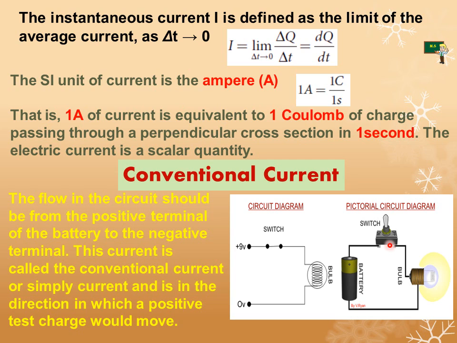This shows the switch being off and on. When it is on, the light glows, but when it is off, the light goes out. The circuit shows the on and off of the electric current. A transfer of positive charge, that's the important thing, is the same as a transfer of negative charge in the opposite direction.